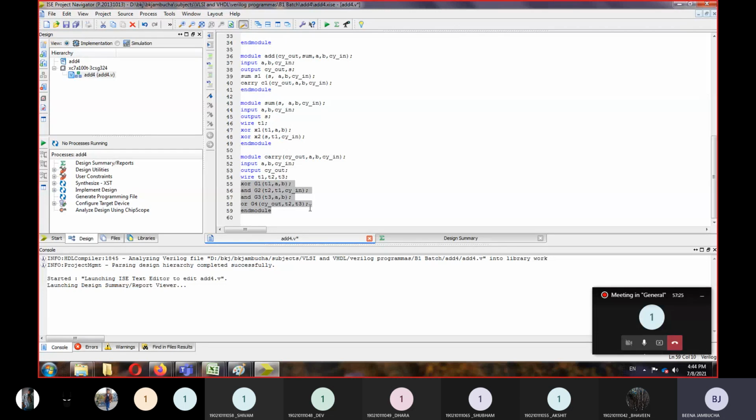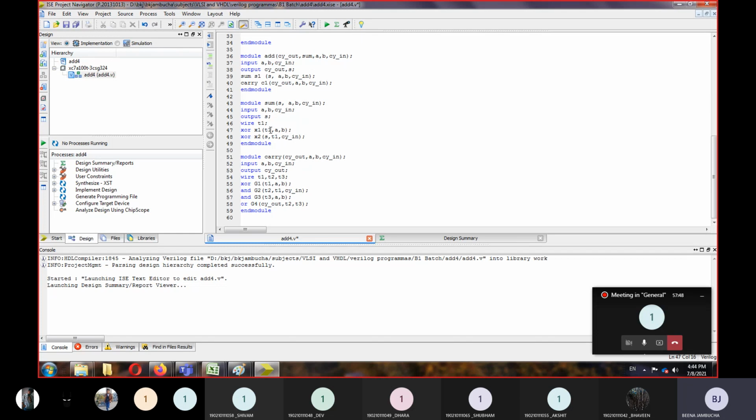Then comes the sum module. हमने ये अलग से बनाया है sum module. Sum module के लिए हमारा output है sum and we have 3 inputs A, B, carry in. 1 wire is needed which is T1 and 2 XOR gates are needed. सबसे पहले A और B का XOR operation होगा.